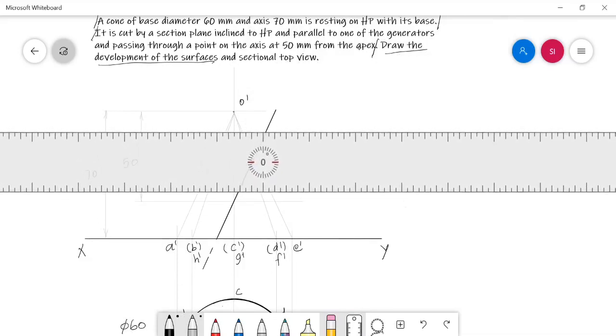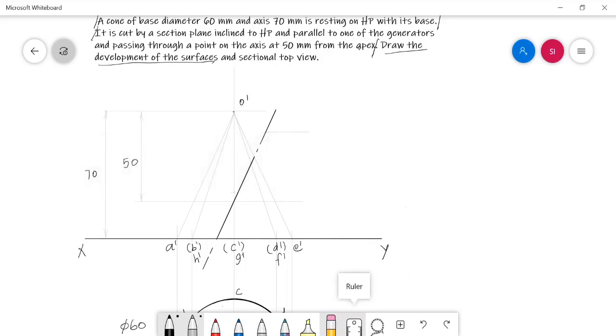Let me mark the inclination of the cutting plane with respect to the horizontal. It's actually not given in the problem, so we need not mention that also. Whatever data is mentioned in the question, we need to note it in the answer mandatorily, but the inclination of the cutting plane is not given in the problem, so we need not mention it here. And then we can go for the next stage of work.